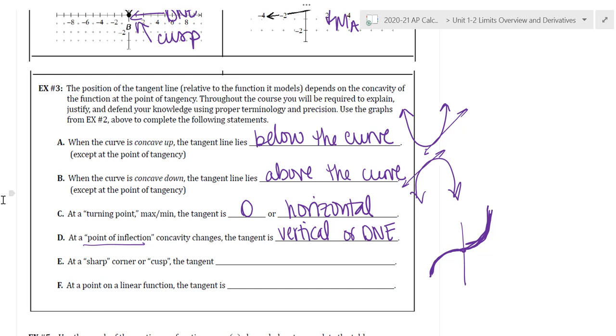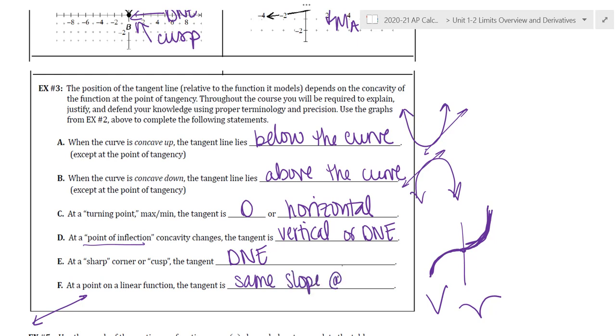At a sharp corner, so a cusp or a corner, we're going to say the tangent does not exist as well. And then at a point of a linear function, so think about a straight line, the tangent is going to always be the same slope